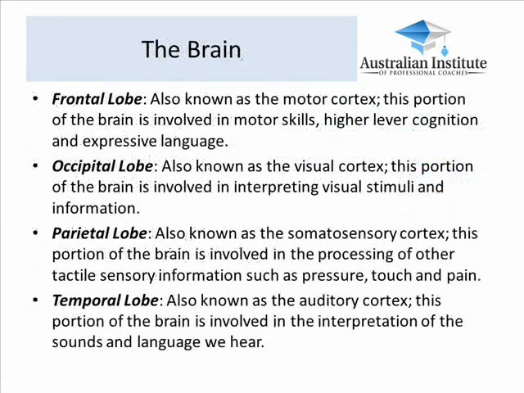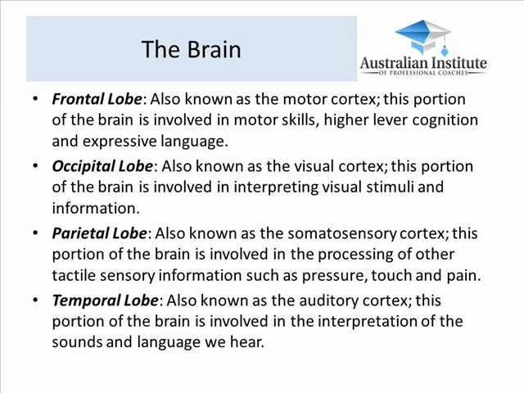To understand neuroscience, it's important to have a mind map of the brain and look at its four component parts. The frontal lobe, also known as the motor cortex. This portion of the brain is involved in motor skills, higher level cognition, and expressive language. The occipital lobe, also known as the visual cortex, this portion of the brain is involved in interpreting visual stimuli